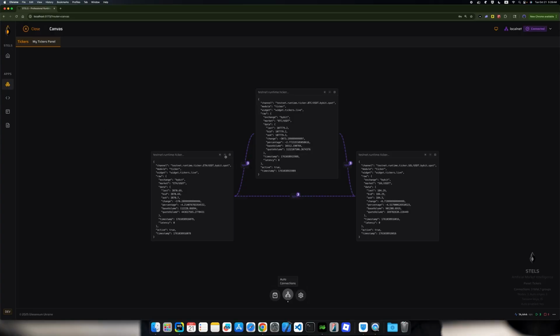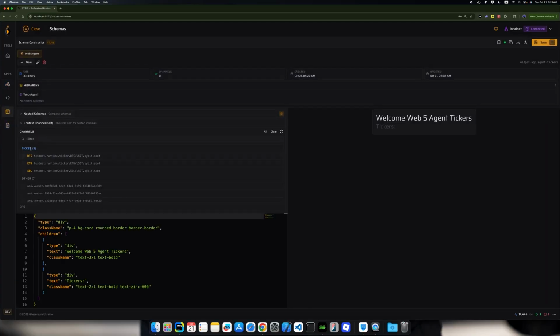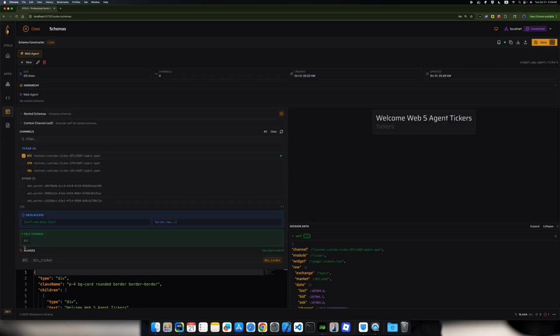all fetching live data right now. See, we've got our Ethereum USDT channel, our BTC USDT channel, and our Solana channel. When we open the scheme, we can connect to any of these channels. For example, I can make this one the main self channel. Let's say it's Bitcoin. I can also give it a variable name like BTC. Wait a second, since it's already marked as self, I can't assign another variable yet, but we'll get to that